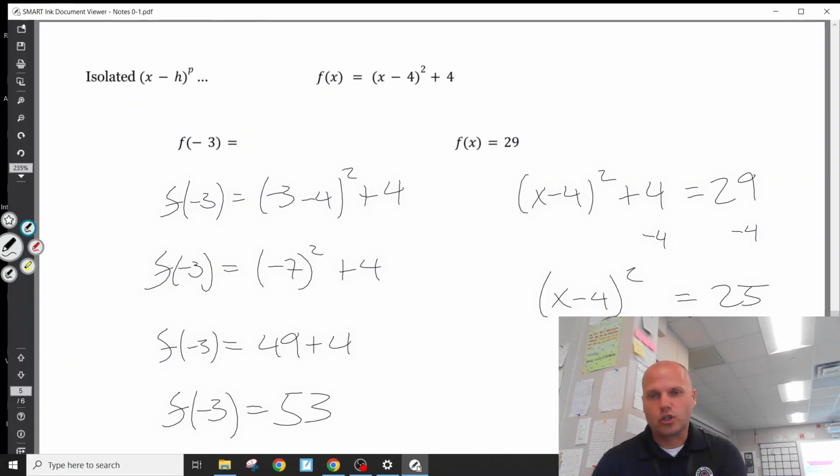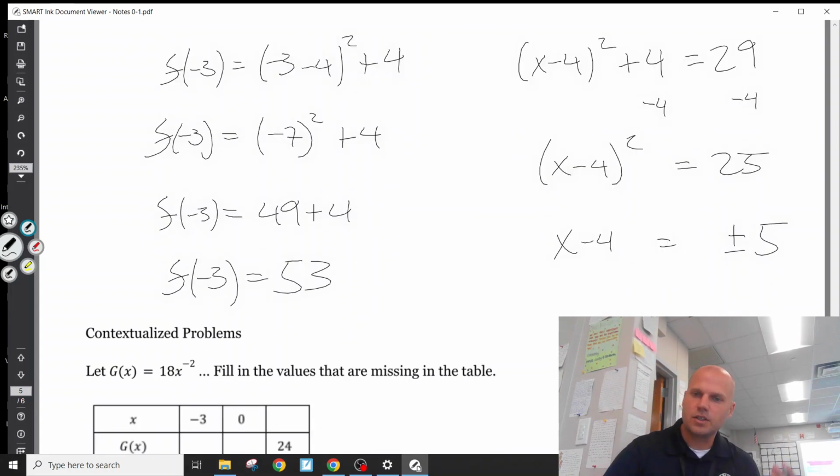All right, we'll square root both sides. Now, this is where we get this plus or minus. It's important to remember the plus or minus when you're using a square root. A positive or negative value squared can equal 25. You can either get positive 5 or negative 5 squared. But